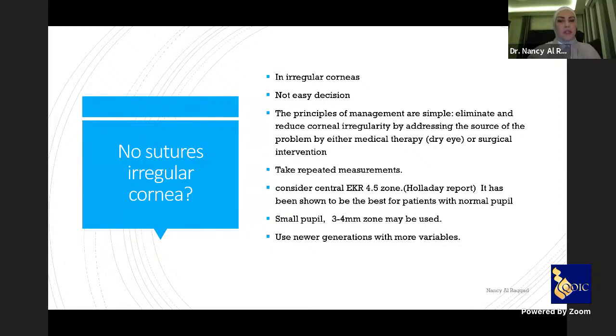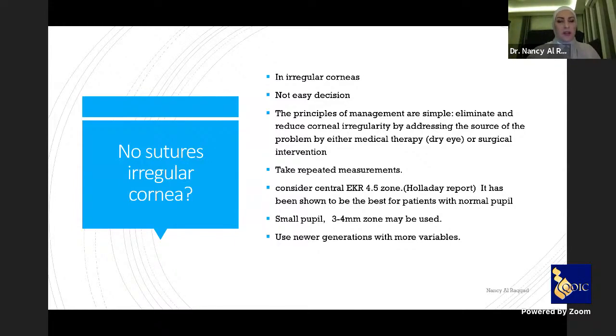And this is when I consider the EKR 65, which is the EKR 4.5 zone on the Holladay report, which is the best predictor of the corneal power whenever the pupil is normal in size. And if the pupil is small in size, I take the 3 and 4 millimeter zone on the EKR 65 Holladay report and use it in any regular formula. So the newer the generation we use on irregular corneas, the better predictor it is. And the more measurements we take, the better